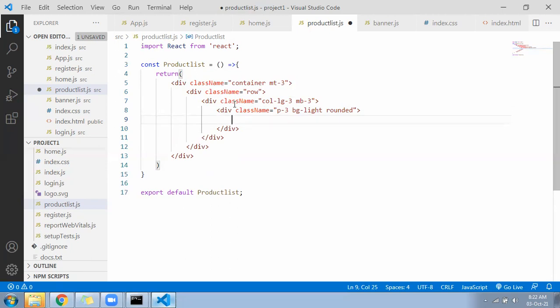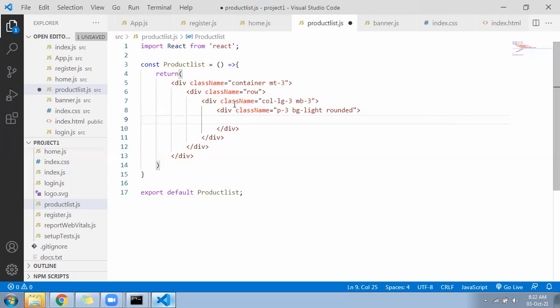We need to display the photo below the product name, below the price, and below something. So let's go. First, in your public folder, keep some 4-5 photos, 1, 2, 3, 4.